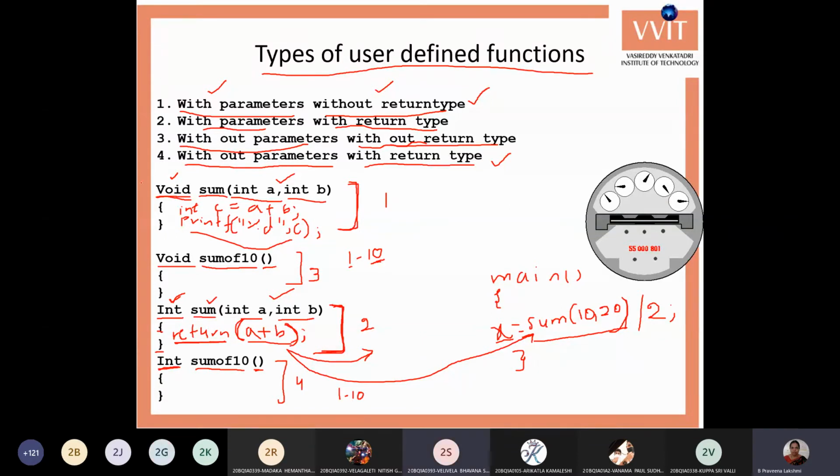Yes, ma'am. Okay, now note down the third type. Third one: without parameters, without return type. This function has no input values